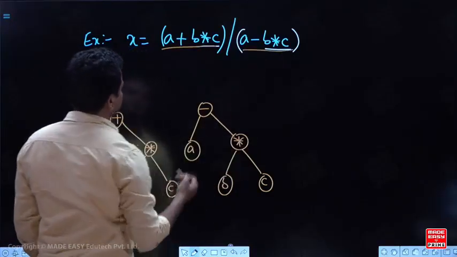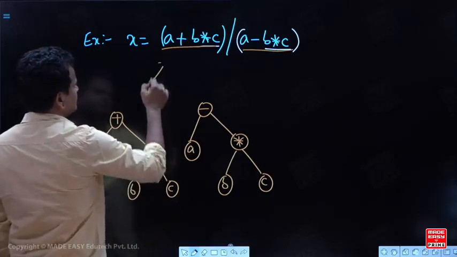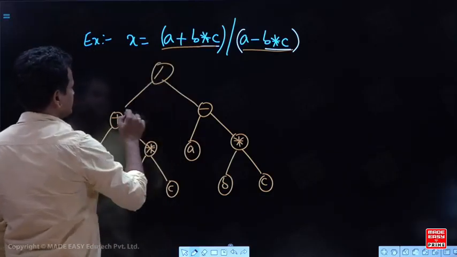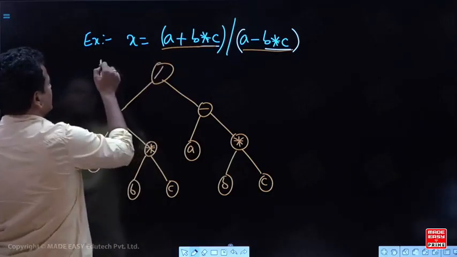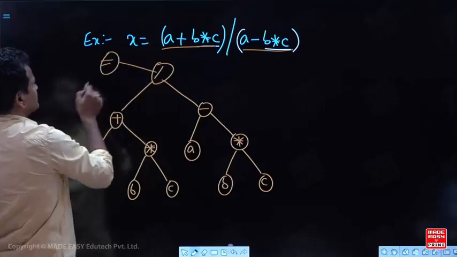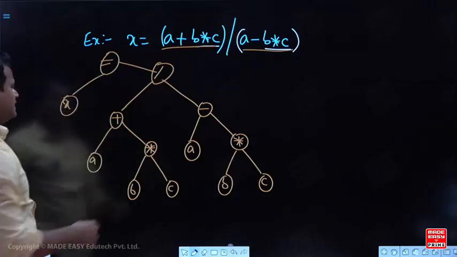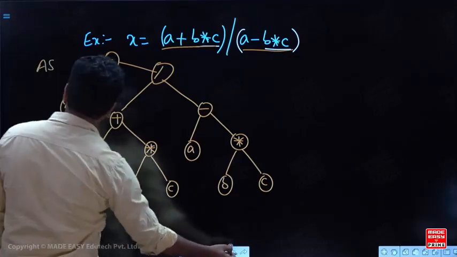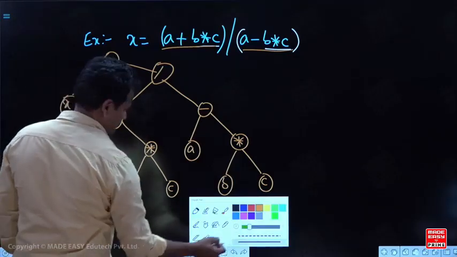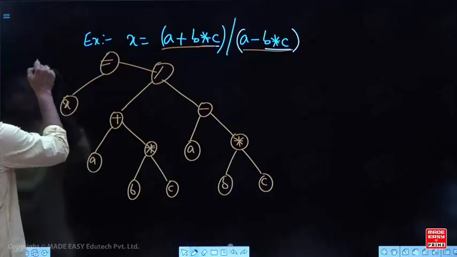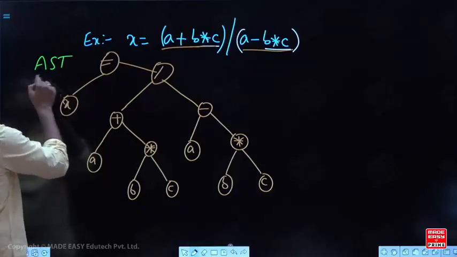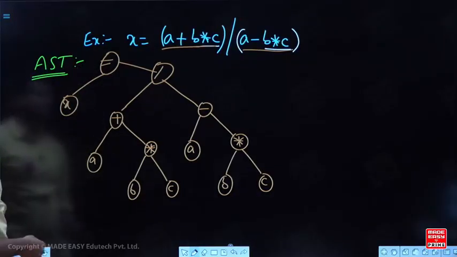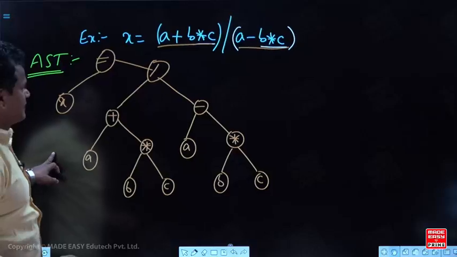Now, I will take this one, this by this. Okay, and this whole result I want in X. So this is the abstract syntax tree or syntax tree. Okay.